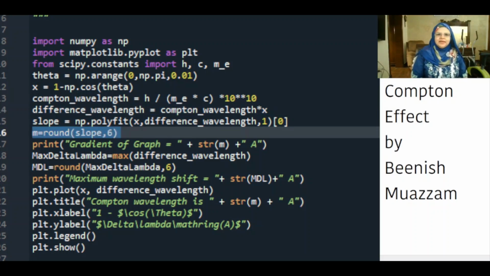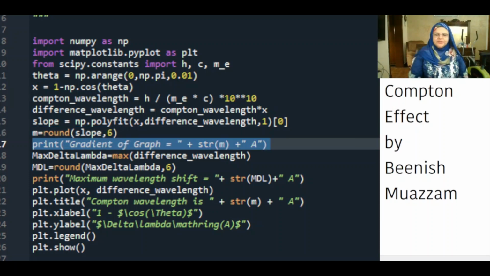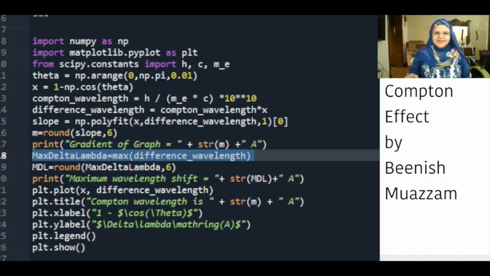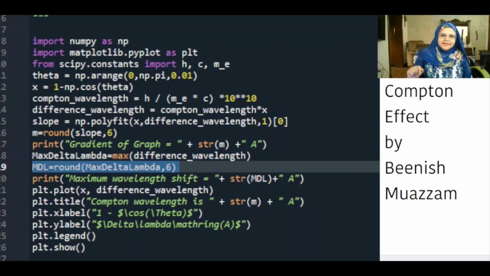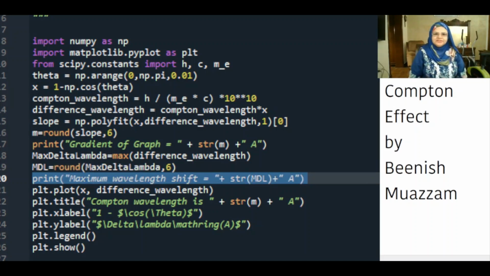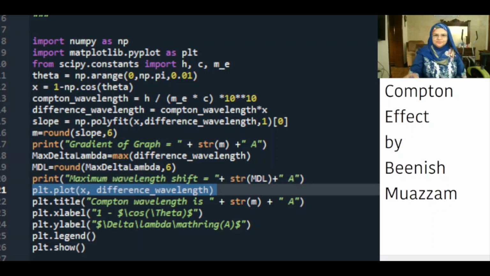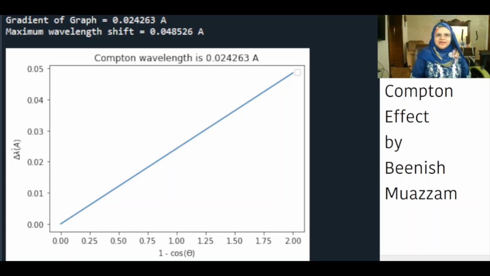We can round the slope that we found using polyfit from NumPy to 6 decimal places. We can print the gradient of the graph of difference underscore wavelength and x. We can find max delta lambda is equal to function max [difference underscore wavelength]. We can round maximum delta lambda to 6 decimal places. We can print maximum wavelength shift in terms of angstroms. We can plot the graph of x and difference underscore wavelength. We can put title on the graph and x label and y label on the graph. The gradient of the graph comes out to be